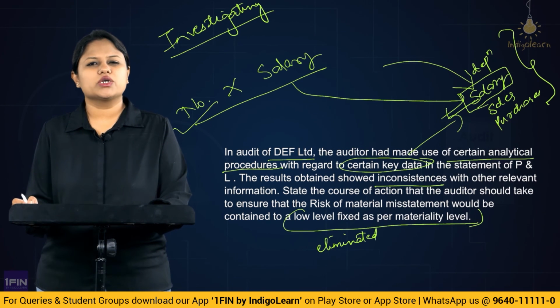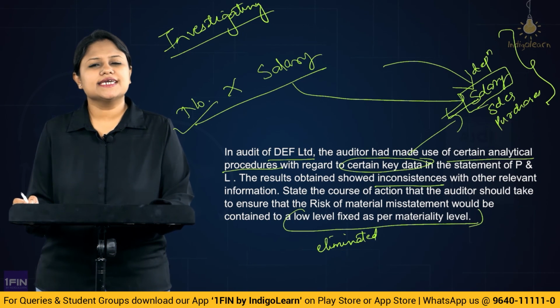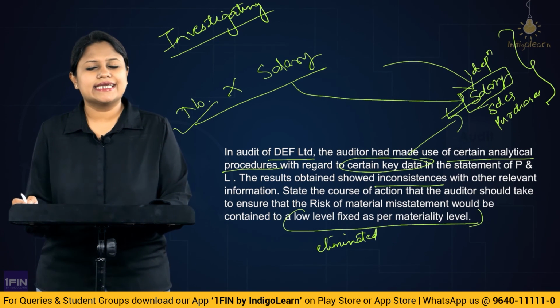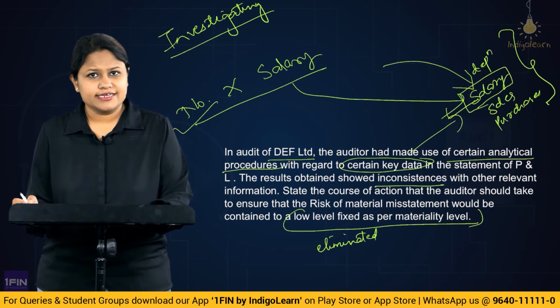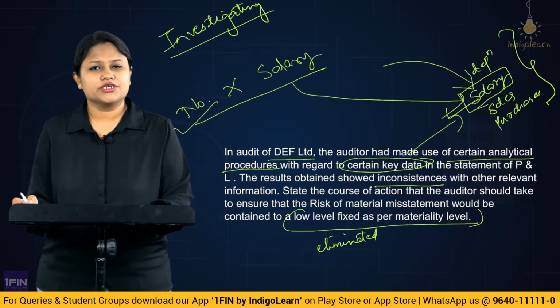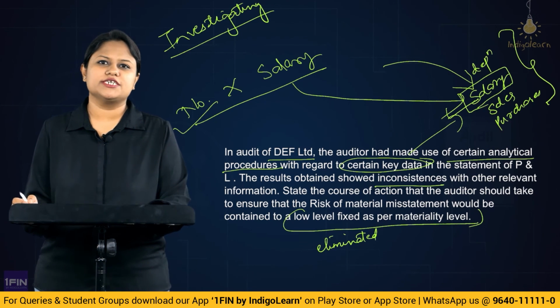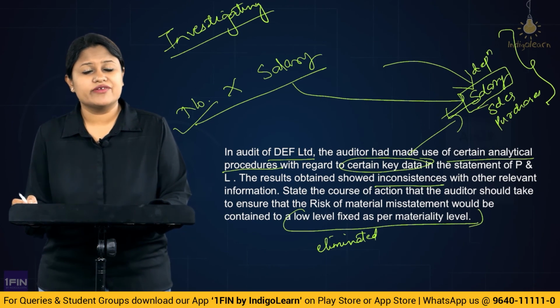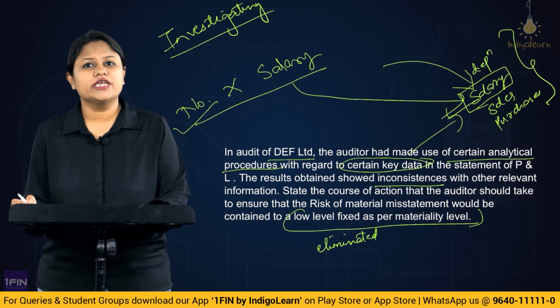So in this case, what will the auditor do? Obviously, here the auditor, since he has come across an element which is indicating a risk of material misstatement, he will now rethink or redesign the nature, timing and extent of his audit procedures. So he has to now investigate on this matter. Therefore, he will now extend